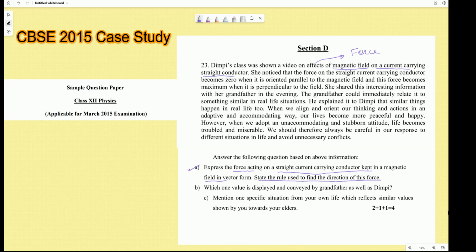Okay, she noticed that there are two types of forces that were noticed. One is zero, okay, when it is parallel. So zero and parallel, note the words. Then note the word maximum and perpendicular. All right, so if you look into this